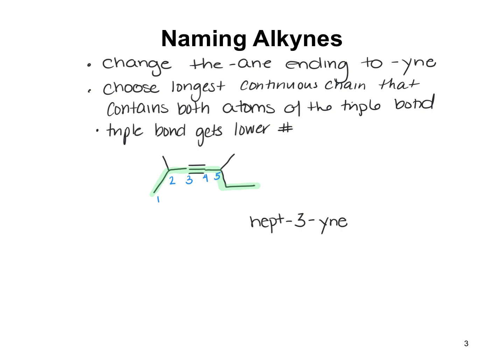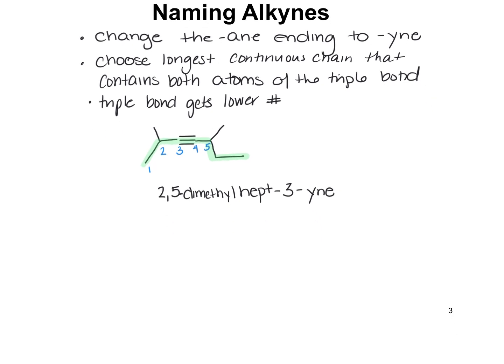And now I'm going to look at my substituents, and I have 2 methyl substituents, and they're in the 2 and the 5 position. So this would be 2,5-dimethyl, and there's a dash there. Okay, so the chain's numbered to give the triple bond the lowest number. Okay, now